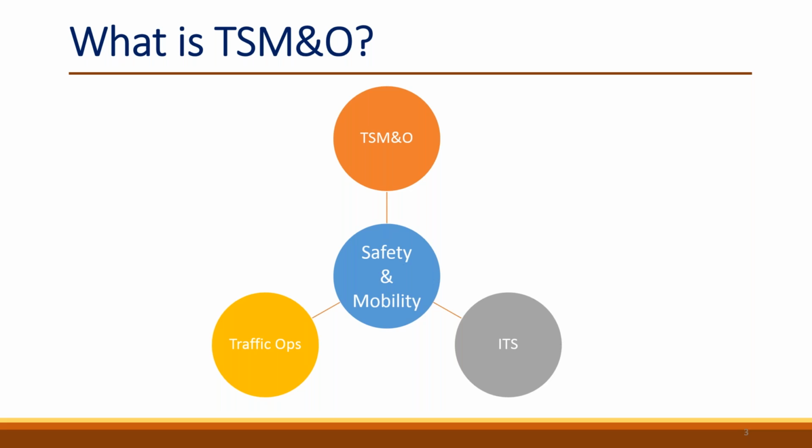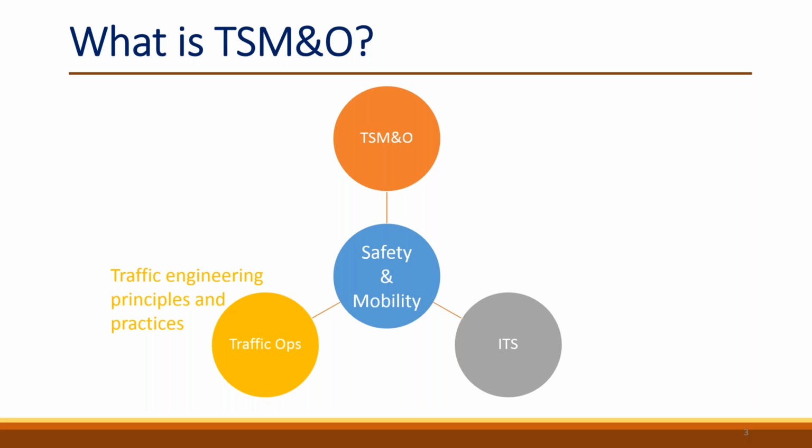In order to achieve this goal, we usually have, say, 3 divisions. The one on the bottom left is the Traffic Operations Division. This is the traditional traffic division that focuses on traditional traffic engineering principles and practices. Some of the examples this division may focus on are signal control, signal timing, actuated signal controls, freeway operations, etc.